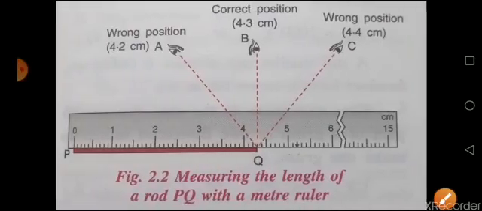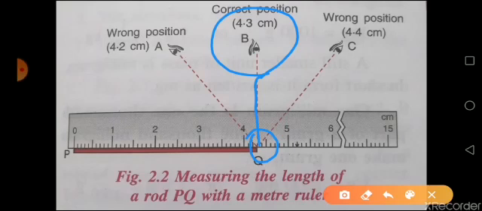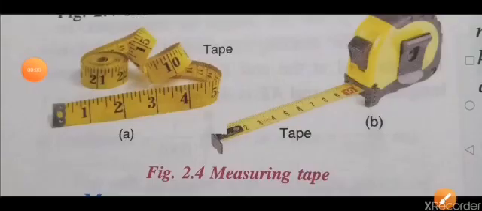That is very familiar to you. See this figure. Suppose you want to take the reading of this particular point. If you look from any side and from straight away also, you can take the readings. But it is not necessary that the reading you have taken will be correct. For you to take the correct reading, always remember your eyes should be straight to the point where you have to take the reading, and then only take the reading of your ruler or whatever readings you are going to take with any equipments. Don't take any reading of any equipments from sidewise. That will be of a wrong position and your reading will be wrong also.